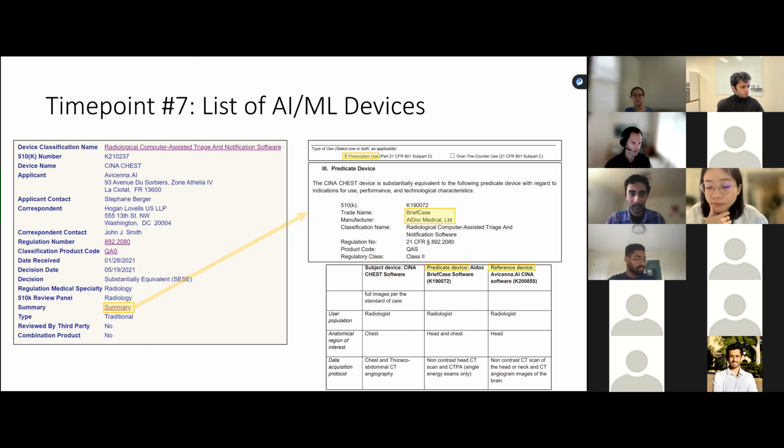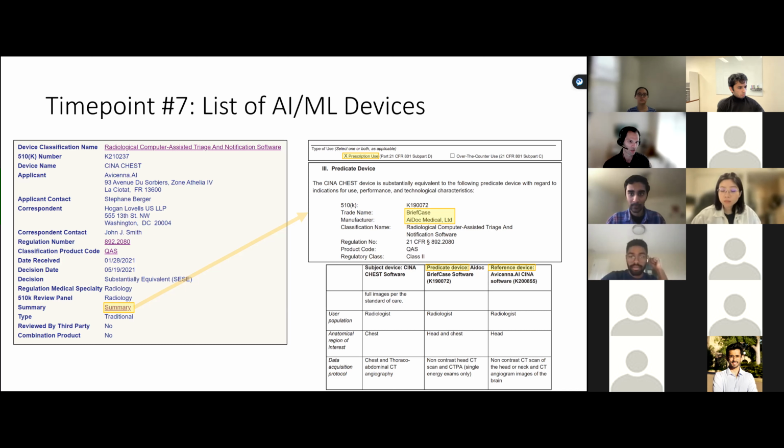And similarly, they'll also provide information, not always, but often, on a reference device. So a reference device is something that can't be used for your clearance for approval purposes like the predicate device, but you can use it to support your scientific methodology, or maybe if you're making standard reference values. So you'll see not only what that device is, but also how they analyzed it